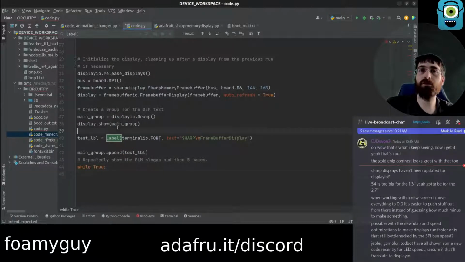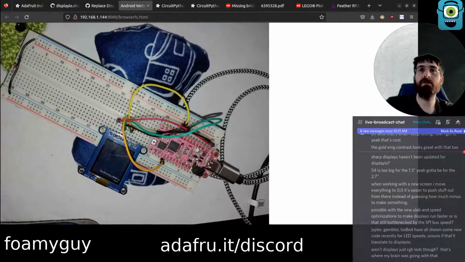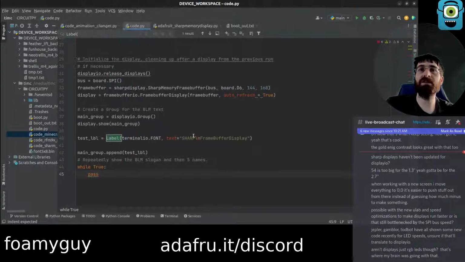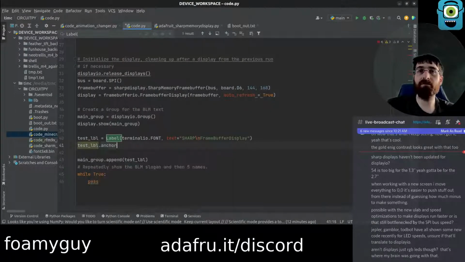We already called show back here. Just pass. I don't know, this is probably not going to... Oh, it actually did, yeah. And then the one thing is the same thing we got yesterday, which is that the label is halfway off, because that's where labels spawn by default. Do we center? Yeah, let's go center.